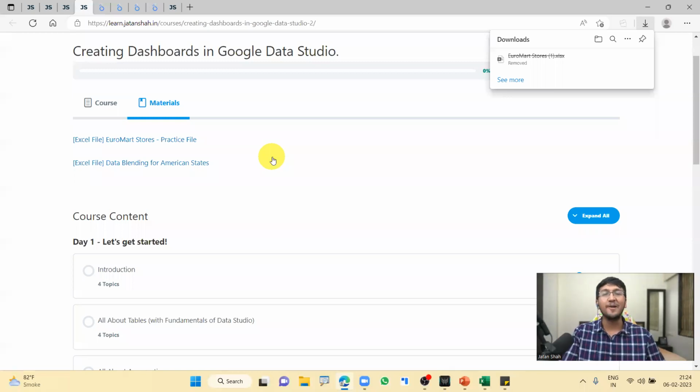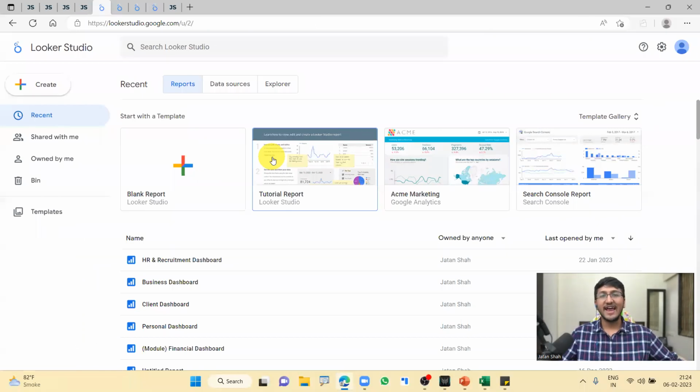So let me show you how the entire platform looks. Have a look at this, guys. Right here, I'm inside Google Data Studio, or as it has been renamed recently, it is now called Google Looker Studio as well. So right here, I'm inside this platform, and the best part about this platform is it is completely free of cost. It is going to be free today and in the future as well. You will be able to build an unlimited number of dashboards, 100 dashboards, 1000 dashboards, no problem at all. Not just that, you will be able to collaborate with your team on a real-time basis, again for absolutely free.